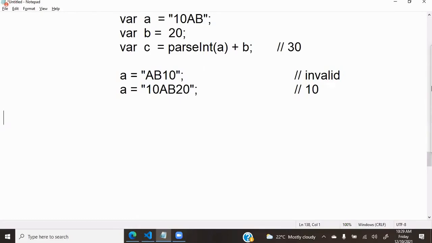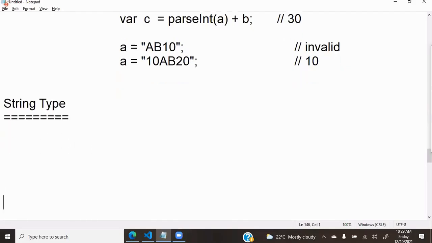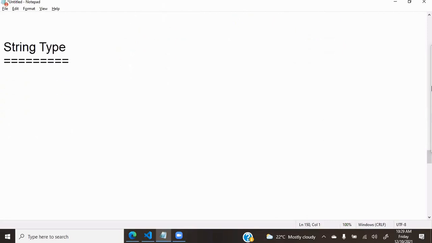Next important in the data types, we have the string type. Actually, what is a string? String is nothing but a literal with a group of characters,